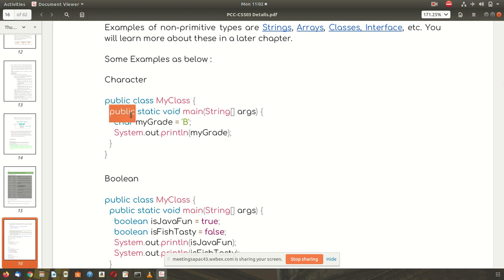The main function should never be written private, because if you write private, then it will be a compiler error. So it should be written as public. Now the class should be written as public if it contains a main function, because the Java system will not be able to access it if these two are made private.